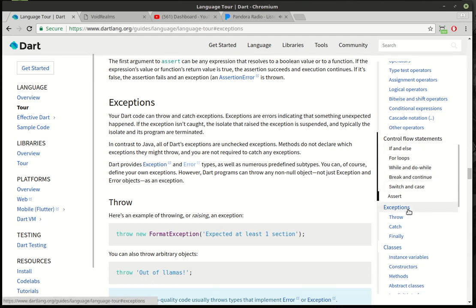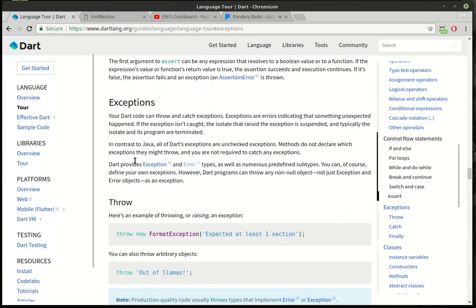Now, one thing you should know is that we skipped something here. We went from control flow statements to classes, and we skipped exceptions. And there's a reason why I did that. A lot of tutorials out there will talk about exceptions and say exceptions are classes, but we'll cover classes later, which means you are completely mystified and confused by exceptions the whole time. I wanted to reverse that and talk about classes first. That way, during this tutorial, there should be zero misconceptions about what's going on under the hood, and we can actually work with the advanced code rather than jumping back and forth. So, without further ado,